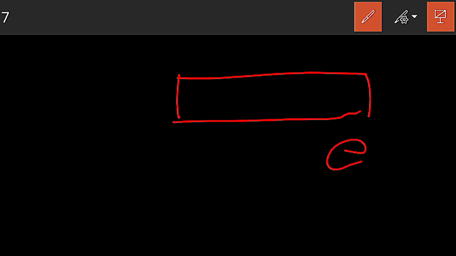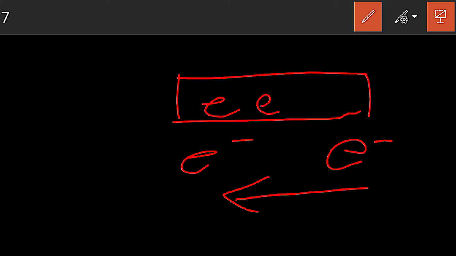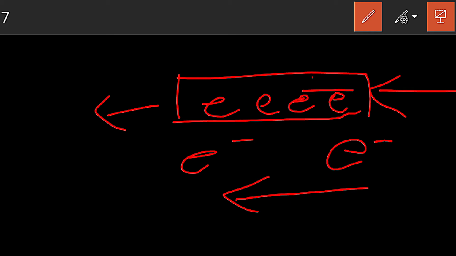So this is the conductor. Free electrons are present in it. When these free electrons move from one terminal to the next terminal, they produce electricity. In conductors, the free electrons are already present, but they move randomly. But when we provide a cell, that is force, to them, they start flowing, and when they flow, it produces electricity.